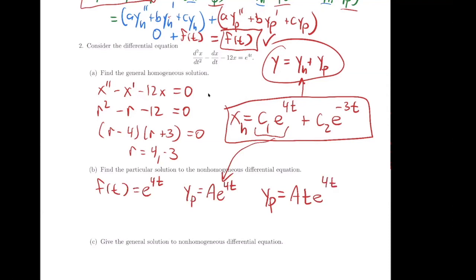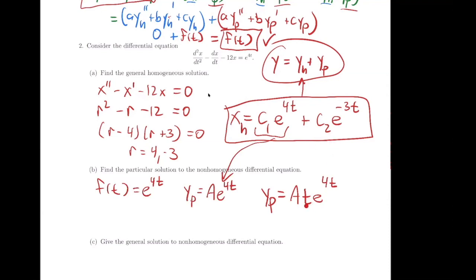And now does this have resonance? It does not, right? And so now we can compare this to this term, and it differs by not just the constant, but it differs by some expression of t. This one's not even close to this one, so we don't need to worry about this second term. So this would be a reasonable